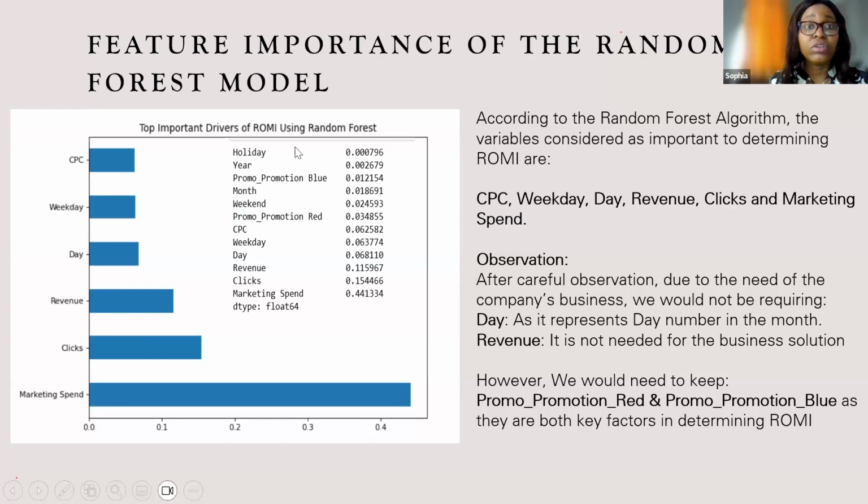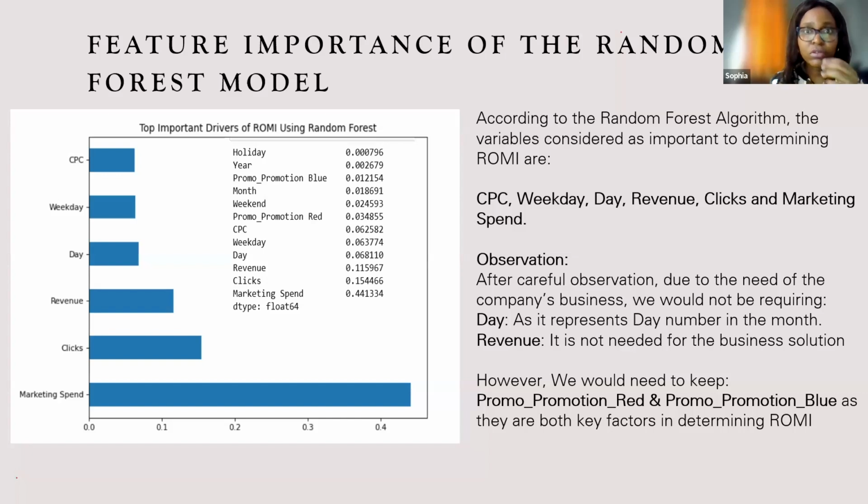And at the end of the training, it was realized that we don't need holiday to solve this project. We don't need year. We don't need promotion blue. We don't need month. We don't need weekend. We don't need promotion red either, but we needed CPC, weekday, day, revenue, clicks, and marketing spend. So this is for the random forest model, actually. This is just the feature importance when you use the random forest model to